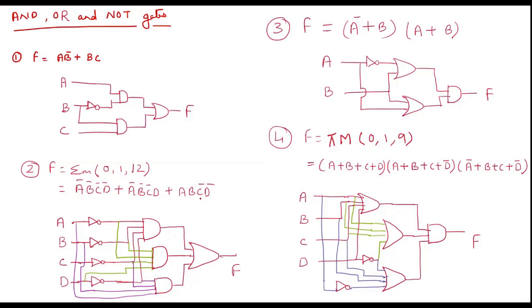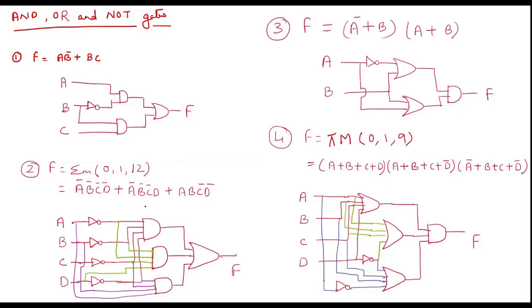Third one is A, B, C complement, D complement. So accordingly I have taken, you can see the blue lines, so I am getting the third min term over here. And finally I am adding all these 3 min terms, that is I am giving them to the 3 input OR gate, and finally I am getting F. F is nothing but this min term equation.